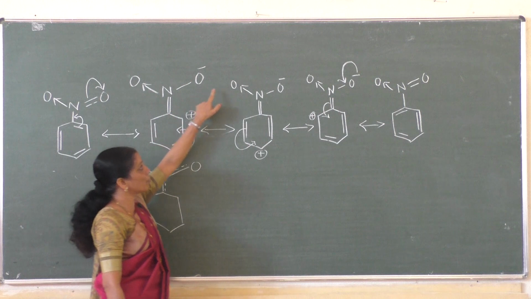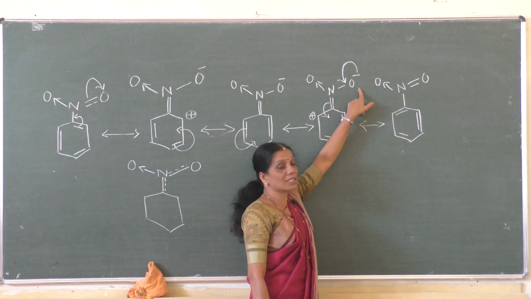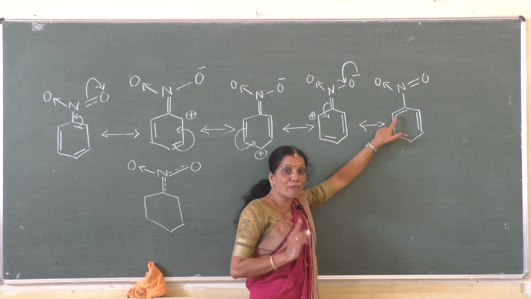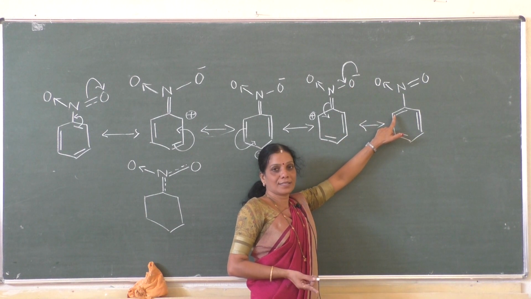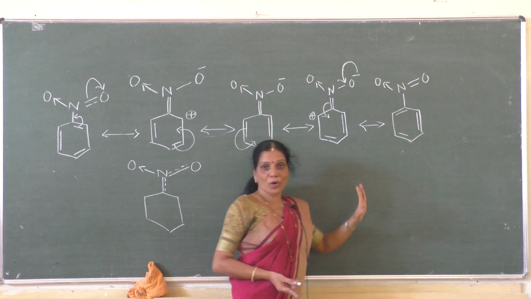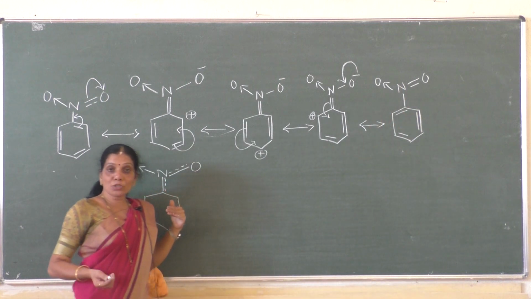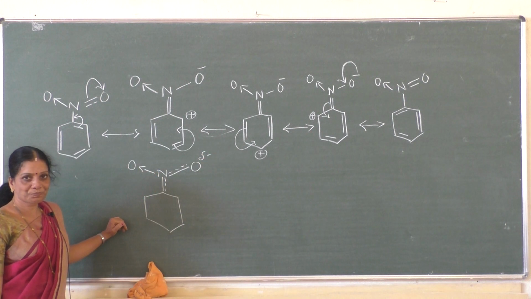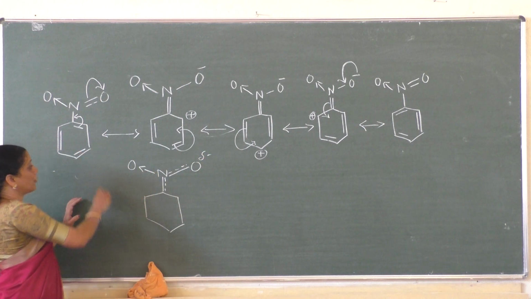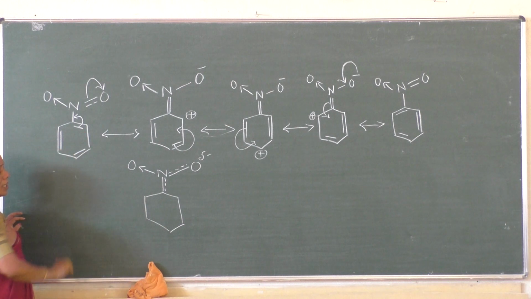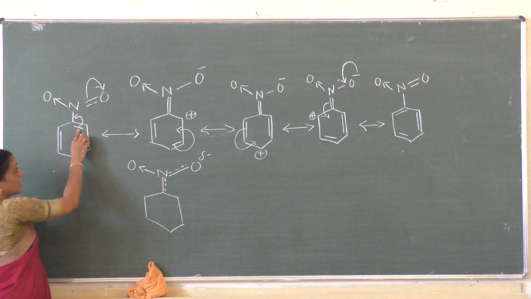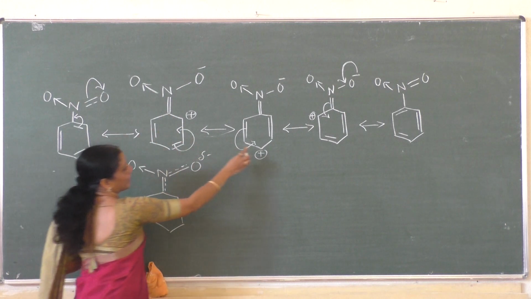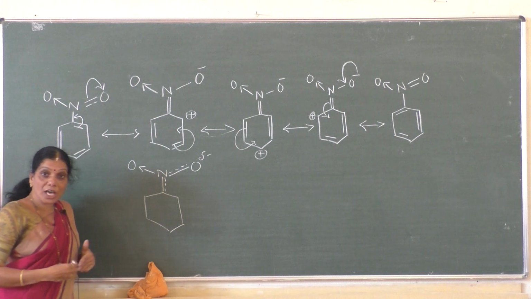In other structures, if you observe, the oxygen atom is in the state of what? Electron rich. It has a negative sign. At the end of one complete resonance cycle, the oxygen becomes what? Neutral. The negative charge is not permanent. That means we have to write partial negative. Okay students, and if you observe the position of the double bond, the position is not fixed. Here it contains a double bond, here it becomes a single bond. Here it contains a double bond, again it gets converted into a single bond. That means positions are not fixed.